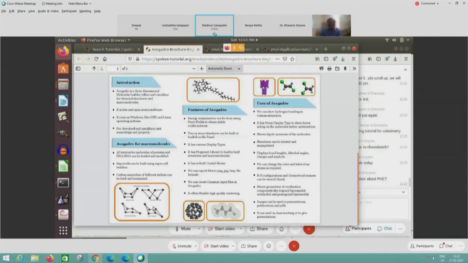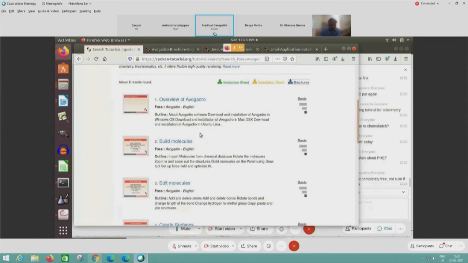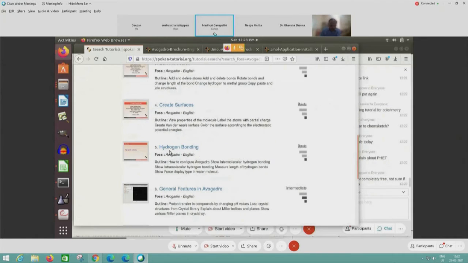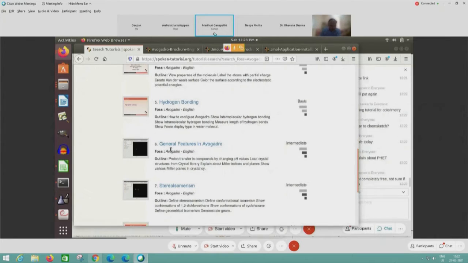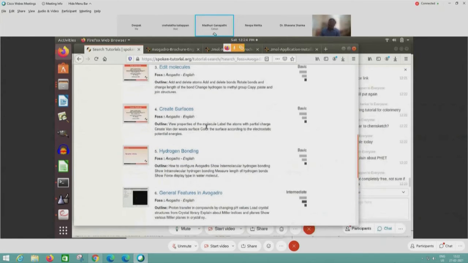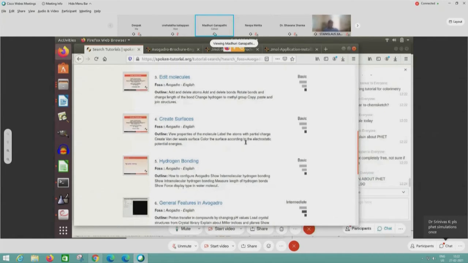So Avogadro has a different structure. It is a 3D molecular viewer. Again, it is interactive. We can create molecules. And we have got a whole lot of input files we can get in Avogadro. So let me show the series of Avogadro. So here we can build molecules, edit. The most important feature of Avogadro is we can show hydrogen bonding very clearly. We have got crystal structure, stereoisomerism. And the main part in Avogadro is we can show multiple structures and compare the structures also. We can draw simultaneously multiple structures.